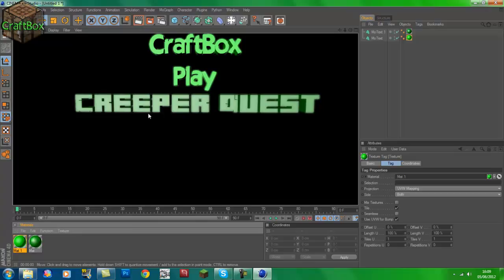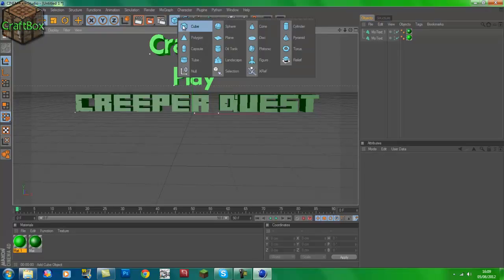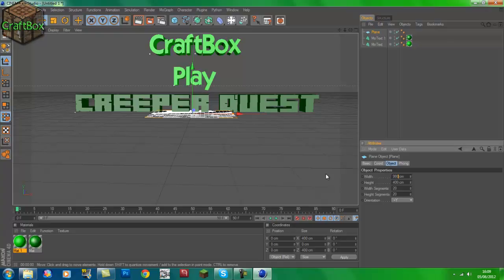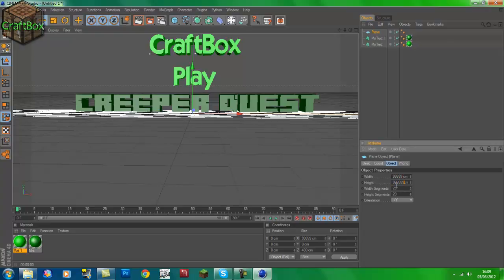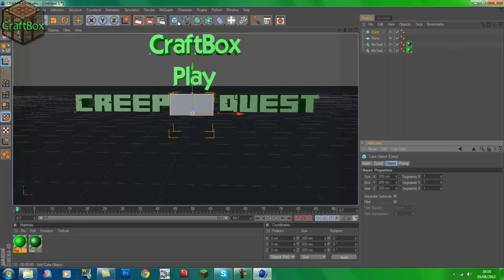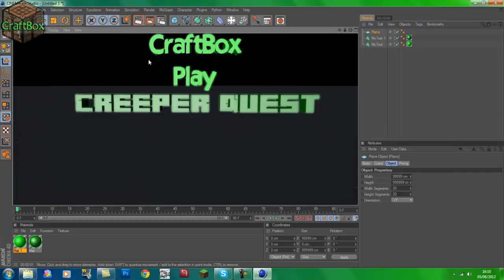And now if you want to add a bottom, like the actual base to it, click on that to make it unrendered. And click on this little cube and go across to plane. Then you see this little plate turns up, and here put as many 9s as you can put in, 999, then on width, and do the same on height. And that's what it should look like. Render it. Render it. And yours won't look like this because